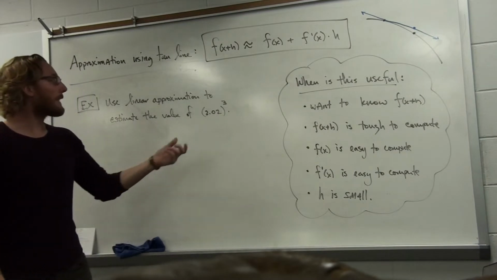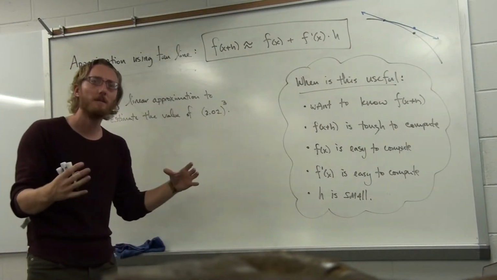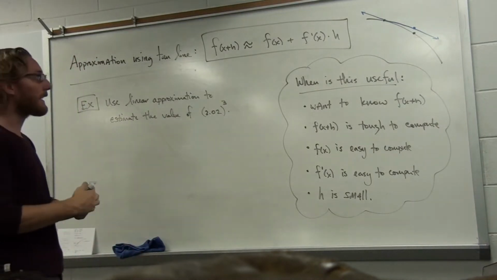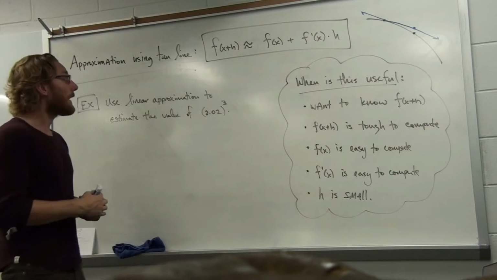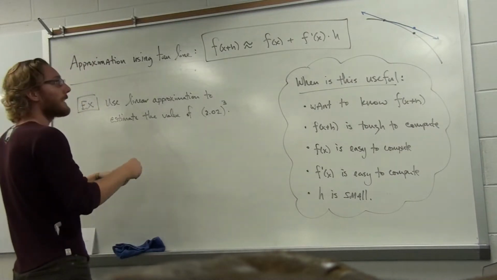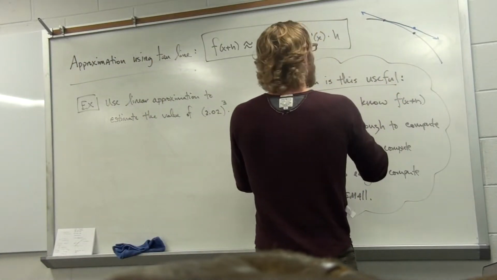Okay, frankly, I don't want to compute 2.02 raised to the third power. That's going to be a decimal times a decimal times a decimal. Like, that's going to get ugly, right? But this is almost 2. So whenever you look at this and you think about it, what we're going to be thinking in our mind's eye here is that